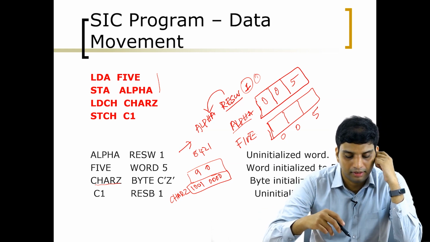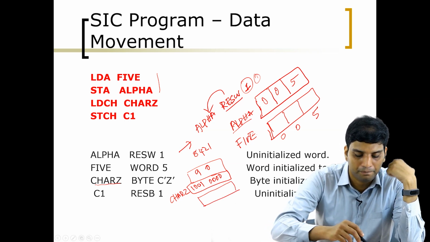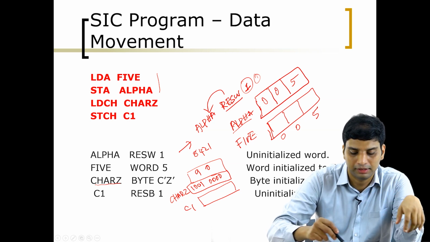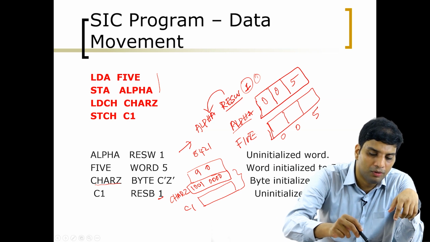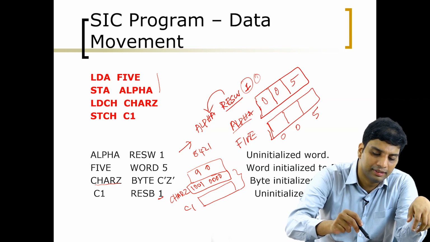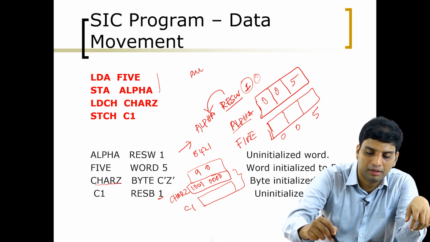Then next one is again you are reserving a byte. The name of the byte is C1, and only one byte is reserved. So it is specified here. Now we will go into the program. Load ch char reset. So your character is loaded, and when you are loading an arithmetic value, when you are loading a number,